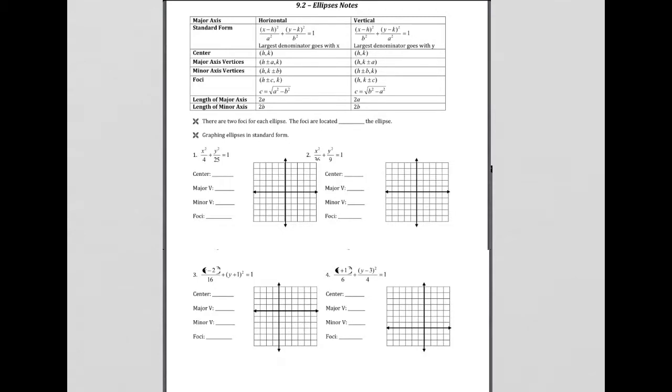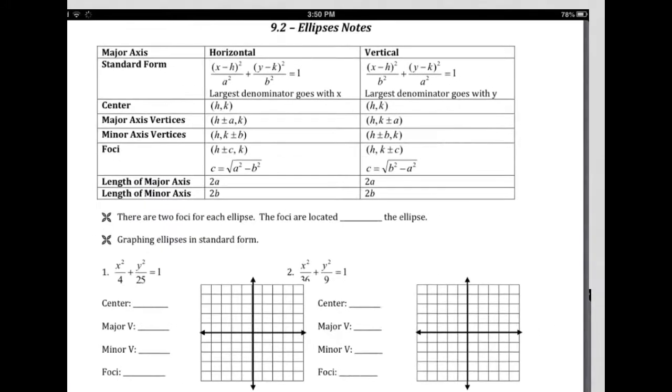So what we're dealing with here, like I said, are ellipses. Now ellipses look like ovals, so it's either like that or like that. We're not going to be tilting them at all, so it's basically going to be a horizontal stretch or a vertical stretch. The two main things in this chart we want to look at are our standard form,